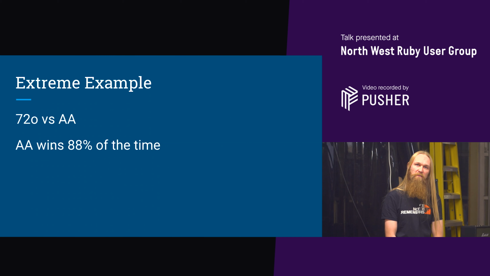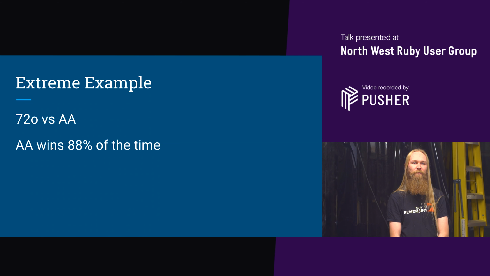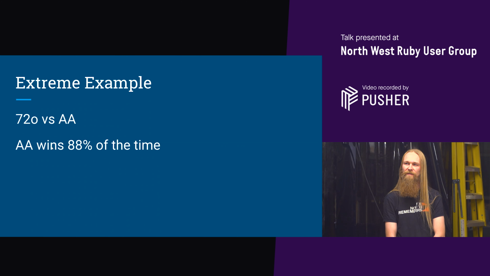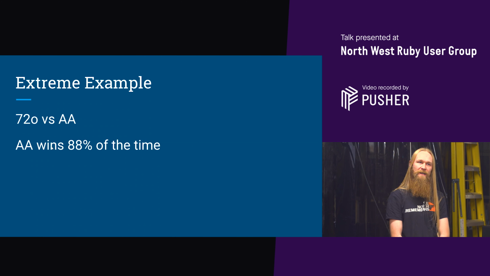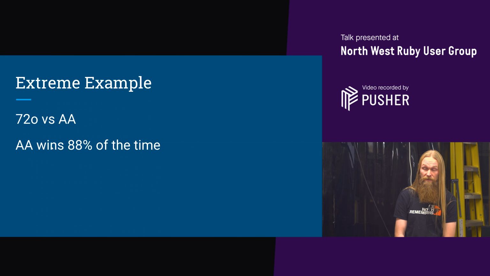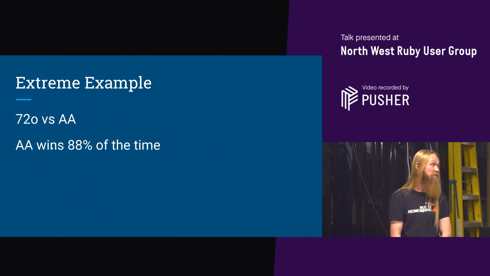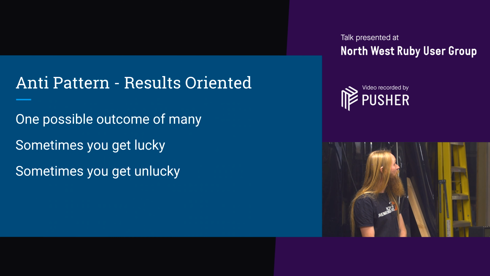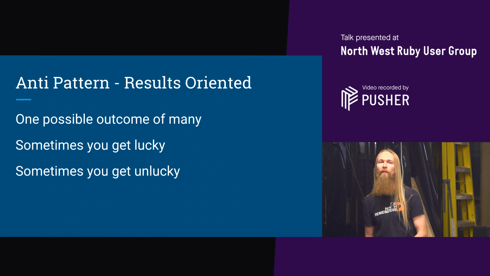However, just over 1 in 10 times, you're not going to win the hand. Does that mean you were wrong to have taken that action? Does the person that gets lucky for that 1 in 10 time, does that make them right to have called it in that instance? The answer is no. This is about being results oriented in the wrong way.